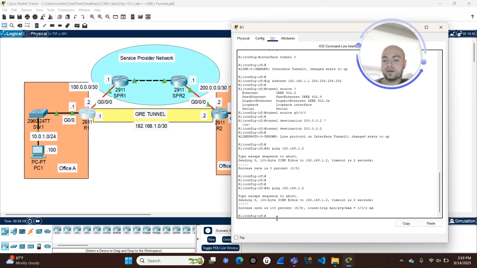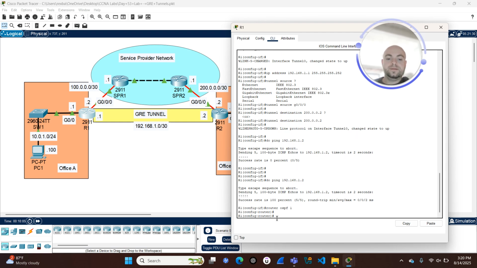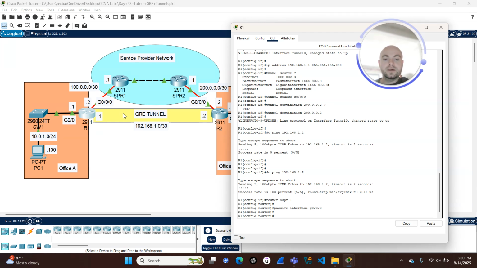So let's go ahead and establish OSPF on both routers. Okay. And let's go ahead and configure the interface going to the service provider network as a passive interface. I'm going to say g0/0/0 because we don't actually want this interface to participate in OSPF. We would want the GRE tunnel to participate in OSPF. So we'll say network